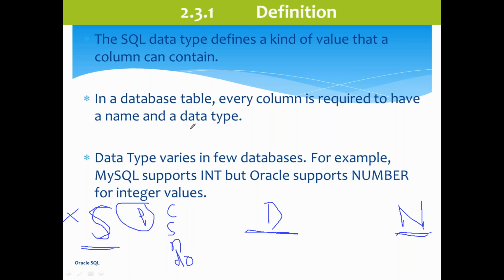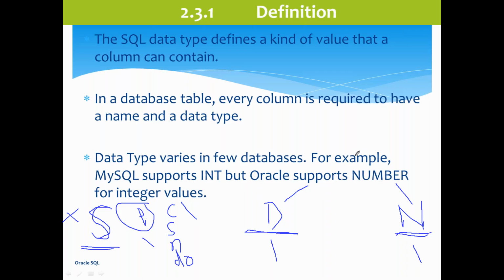Whatever column names we define for that table, we have to define which column can contain what type of data. Serial number is one column, number data type we can give. Joining date is one column, date data type. Name of the students, string or character data type. Address of the student, character data type. Phone number of the students, number data type. Then traveling date, date data type. So based on date, number and character, it will be decided which column can contain what data type. We have to define that while creating the table. DDL.